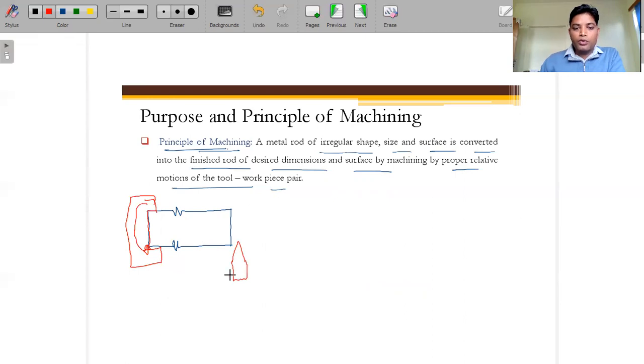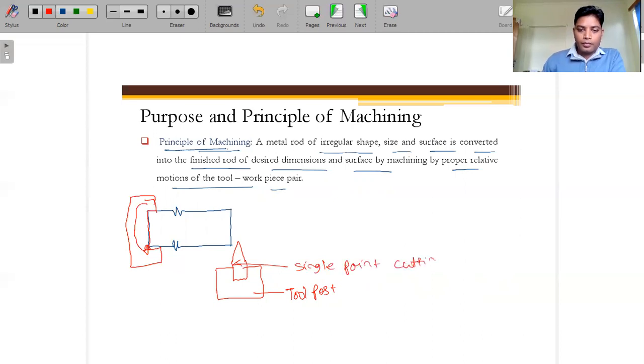This tool is mounted on the tool post. So this is a tool post over which the single point cutting tool is mounted.